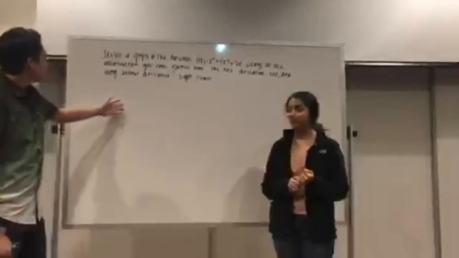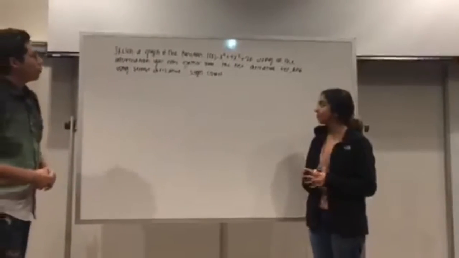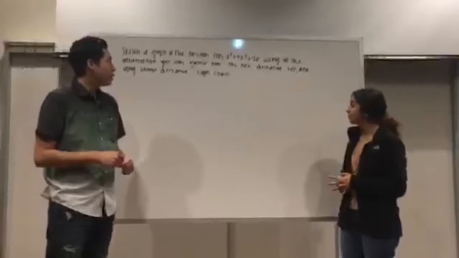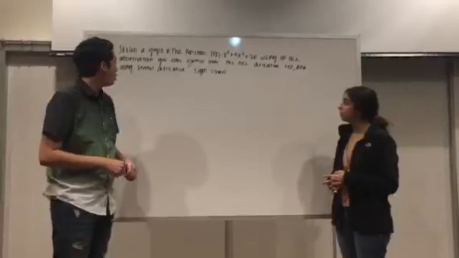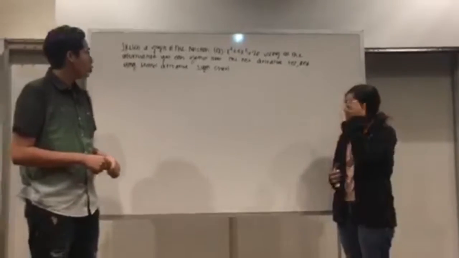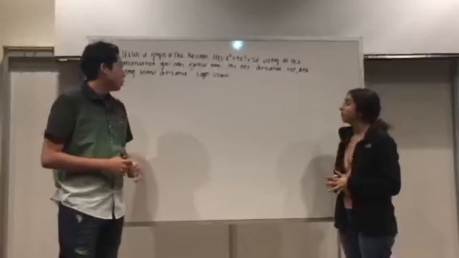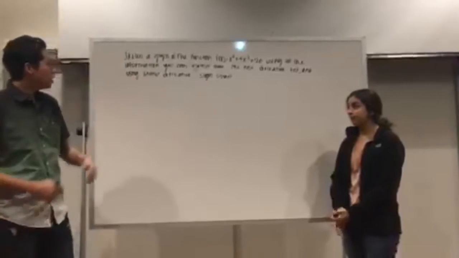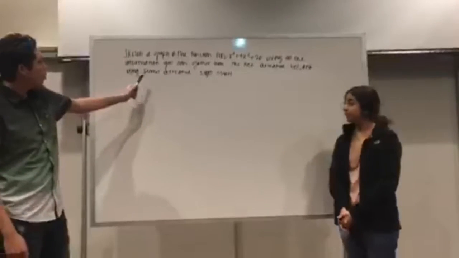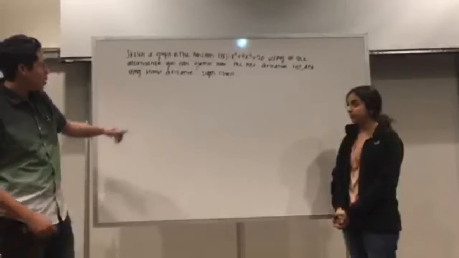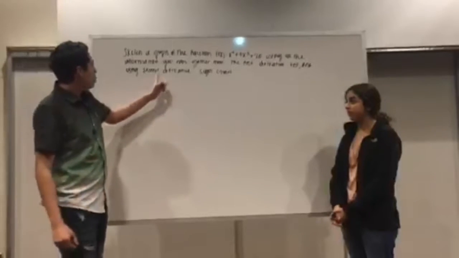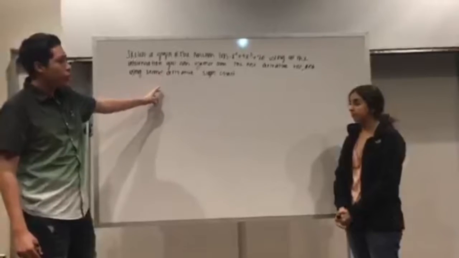Okay guys, and this is the second question. Sketch a graph of the function f of x equals x to the fourth plus 4x cubed plus 20, using all the information you can gather from the first derivative test and using a second derivative sign chart. So first of all, this question is asking us for the first derivative test and then the second derivative sign chart. To get to the first derivative, you need to find your function, and our function right here is